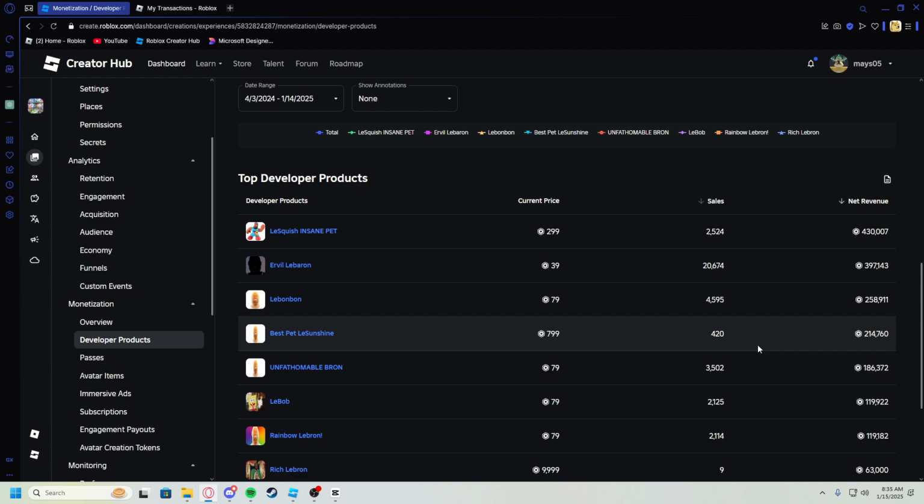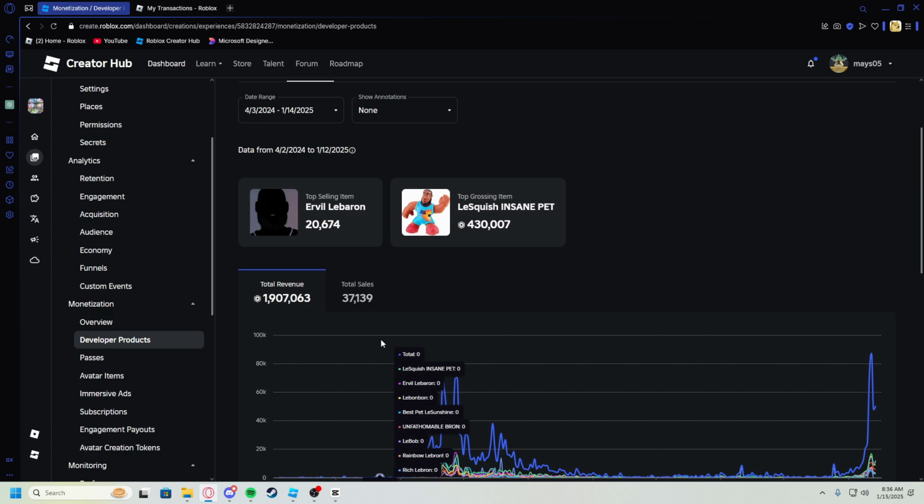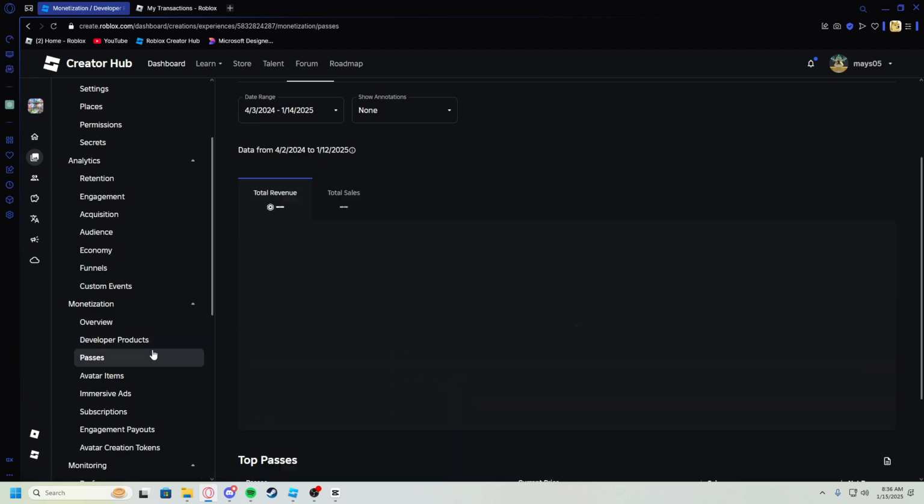I made these things the prices they are on purpose, for people of all spending levels. If you have very little Robux or you have a lot, and they're all at spawn, so you're immediately aware of these things, which is what makes them purchased so many times. And later on I even added this one that cost 10,000 Robux, and somehow 9 people bought it, which is still insane to me.